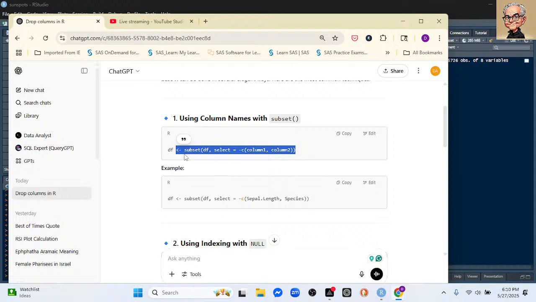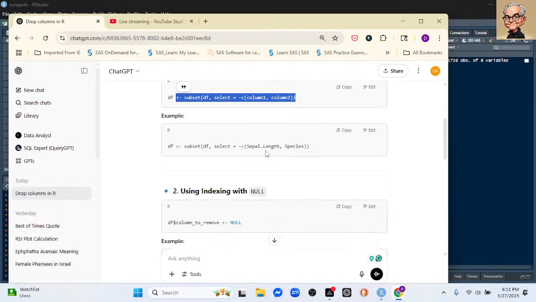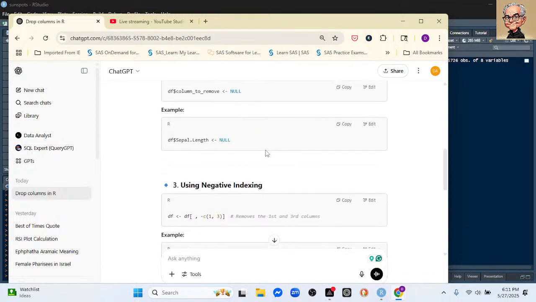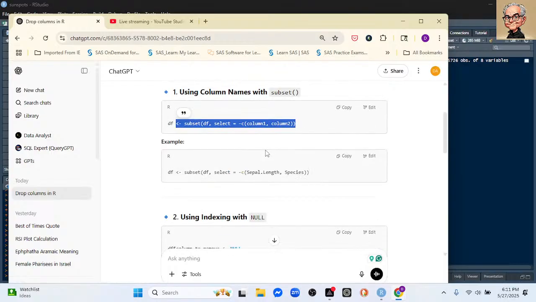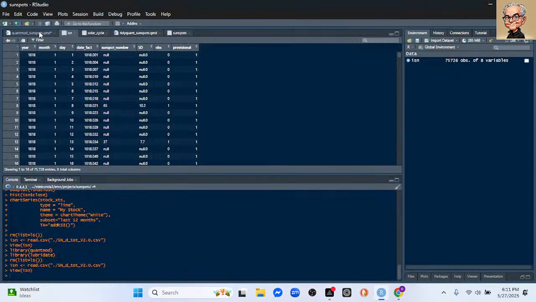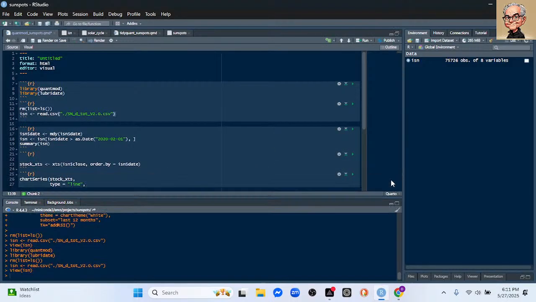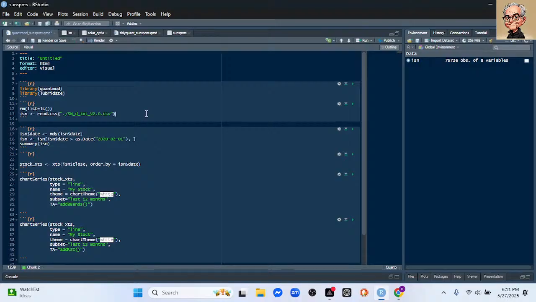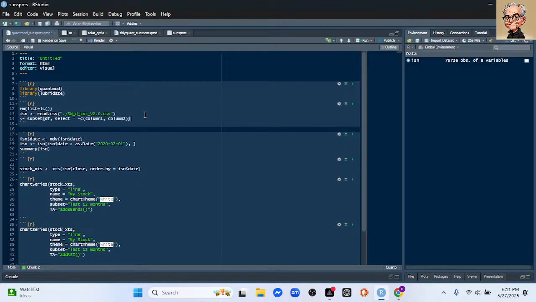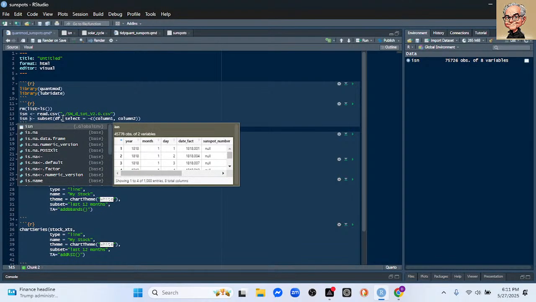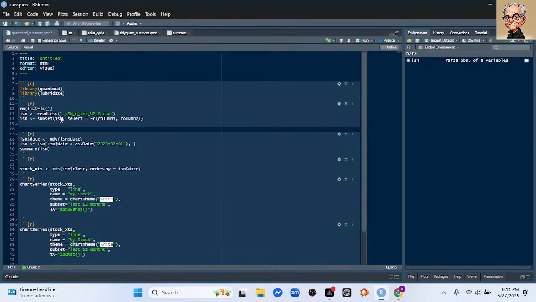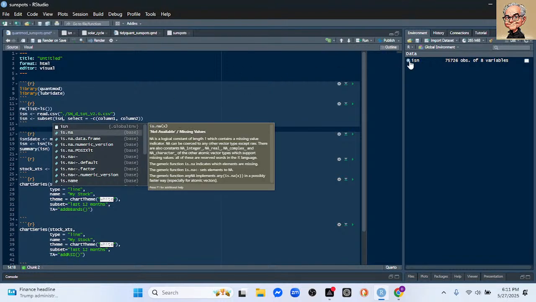It's interesting. In the subset we do use the, we're going to come over here and we're going to use the, we're going to come over here, right? We're going to say ISN. Our data is ISN, and the columns we want to remove is